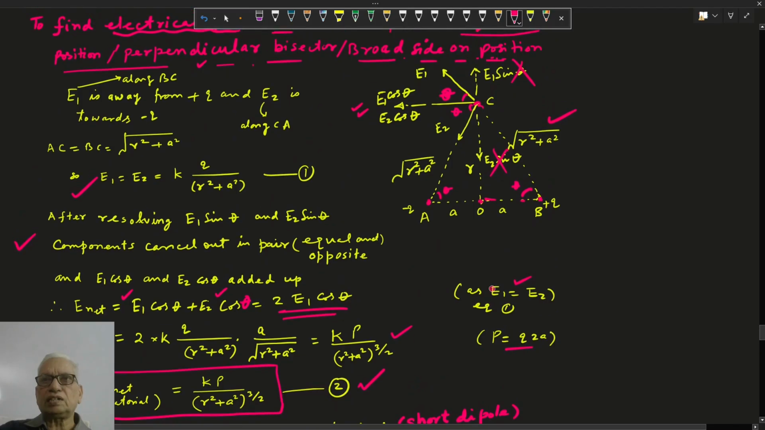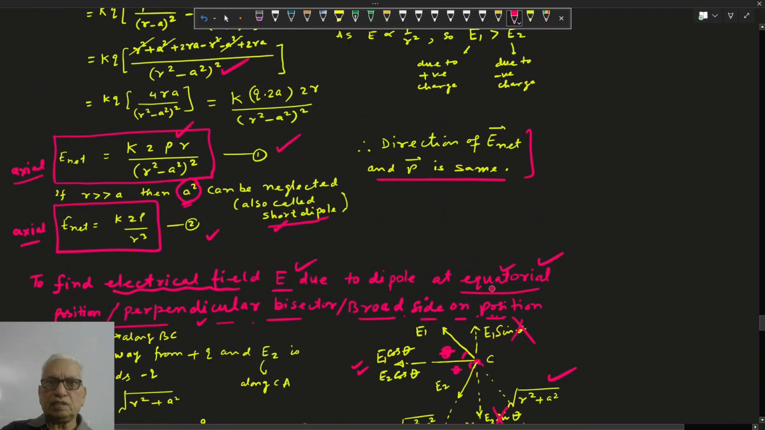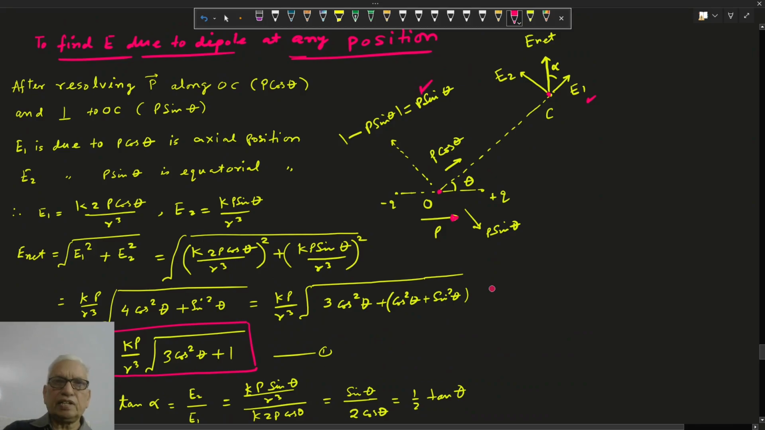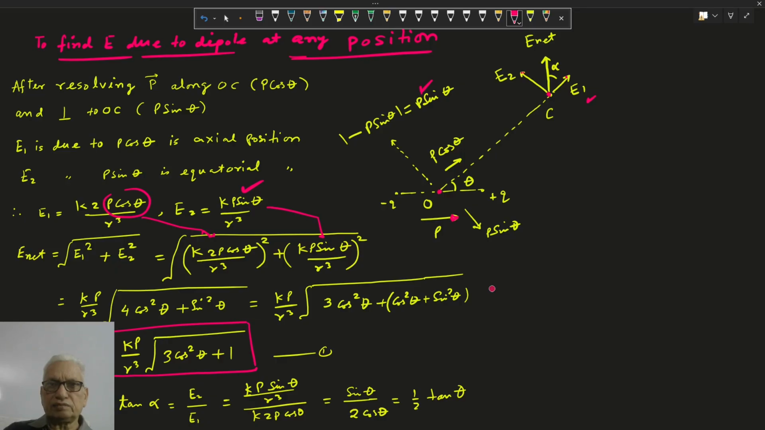ये इक्वेटोरियल का हो गया KP अपॉन R क्यूब, एक्सियल का हो जाएगा K 2P अपॉन R क्यूब, ये यूज कर रहे हैं। तो E1 will be K2P, P की जगह P cos theta लिख रहे हैं, यहाँ पे KP अपॉन R क्यूब जगह P sin theta, तो E1, E2 axial and equatorial position at point C. Net field will be using Pythagoras theorem, E1 square plus E2 square, और E1 की न्यूमेरिकल वैल्यू, E2 की न्यूमेरिकल वैल्यू पुट कर दी यहाँ पे, तो हियर कॉमन ले लेंगे KP अपॉन R क्यूब, आ जाएगा (2 cos थीटा) होल स्क्वायर प्लस sin स्क्वायर थीटा, तो 2 का स्क्वायर 4 cos स्क्वायर थीटा प्लस साइन स्क्वायर, 4 को हमने ऐसे ब्रेक कर लिया, 3 cos स्क्वायर थीटा प्लस cos स्क्वायर थीटा प्लस साइन स्क्वायर थीटा, 1 आ जाएगा।